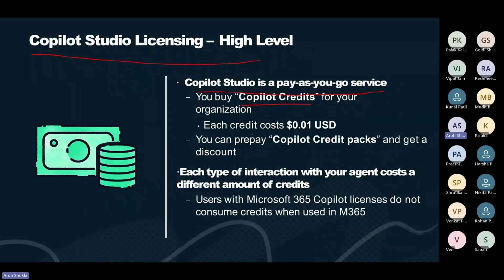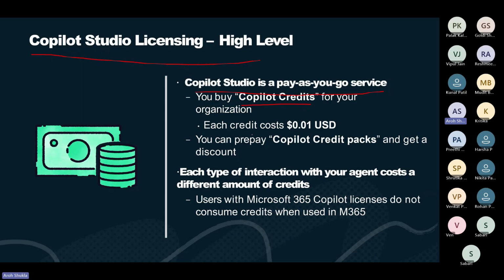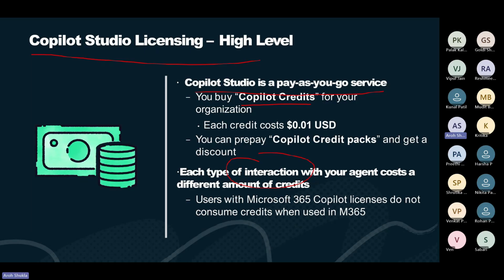For example, I buy maybe a Zomato meal, right? So my meal will be 1 credit, right? However, if I buy a laptop, right, my credit will be different because the cost will be high. So in Copilot also, depending on the interactions, what type of interactions, the cost will be different. Okay, that is to understand. I'm not a licensing specialist, but I learned from a lot of people. So licensing could be complex, but I want to just make it simplified.